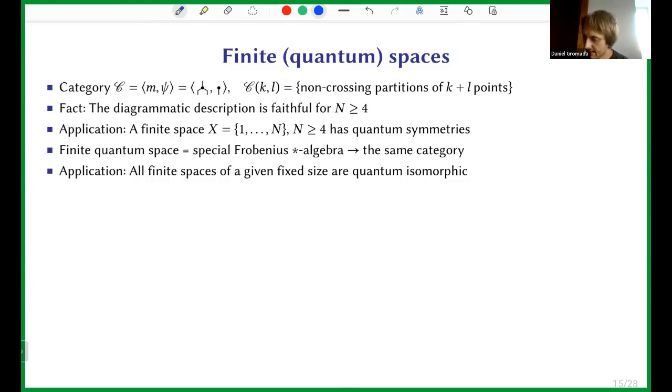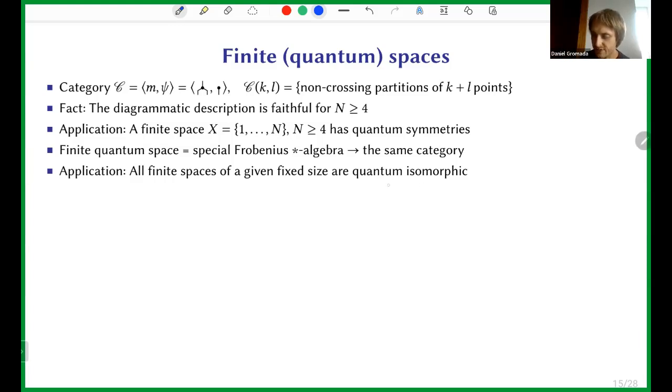And so you can take this as a definition. Two quantum spaces are quantum isomorphic if they have the same category, but similarly as with this so-called Tannaka-Krein duality, this correspondence between categories and quantum groups,